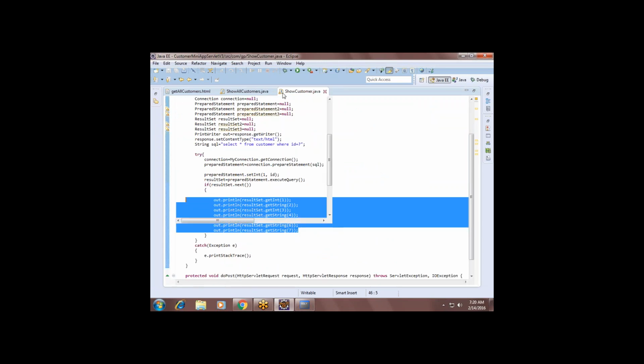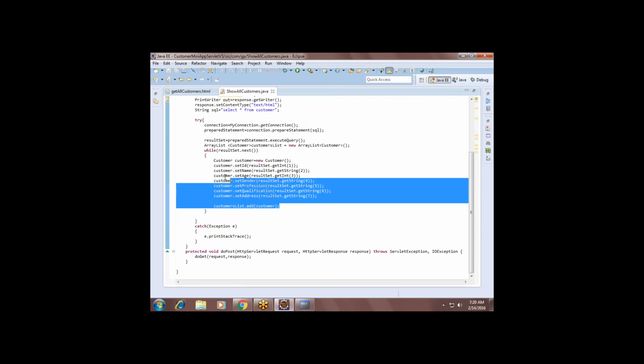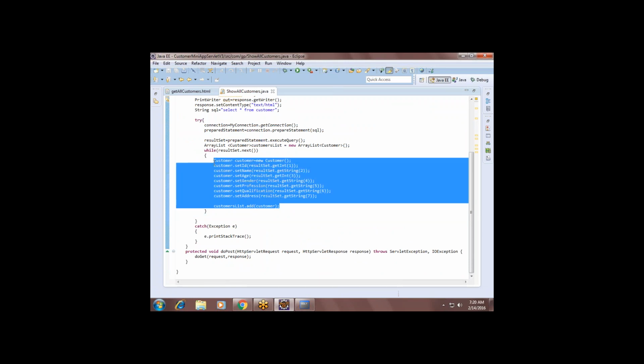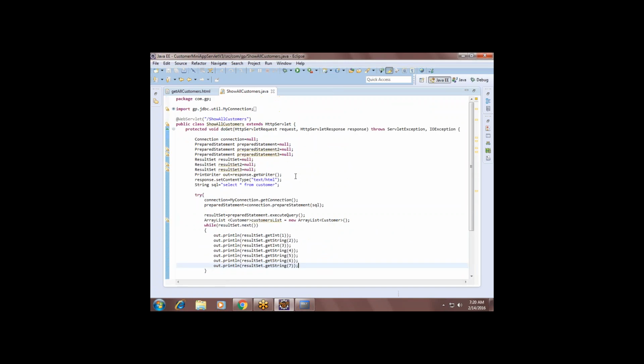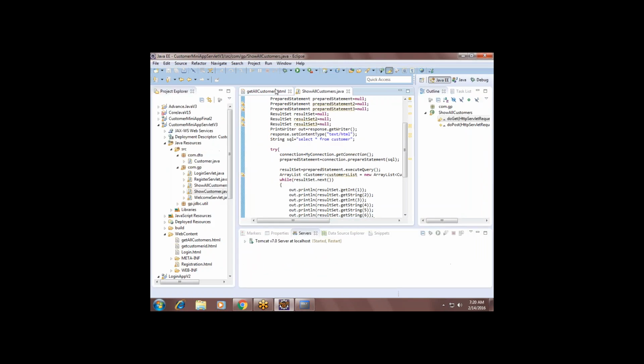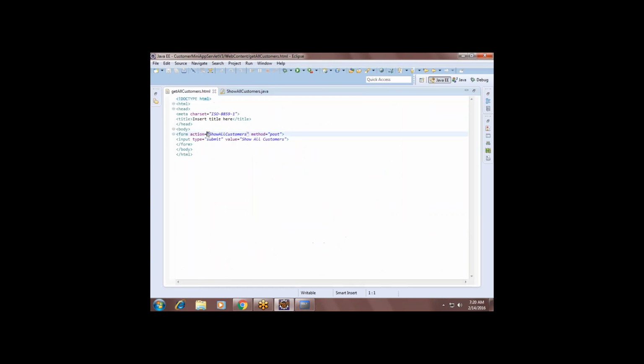Copy, paste it. Here we are not using any ID, right? When you press this button, it will display all the customers irrespective of any ID, right?